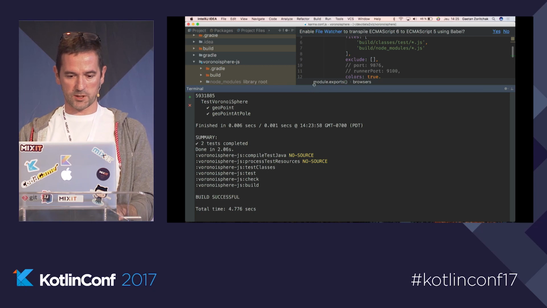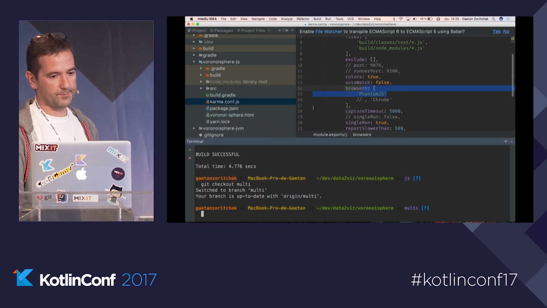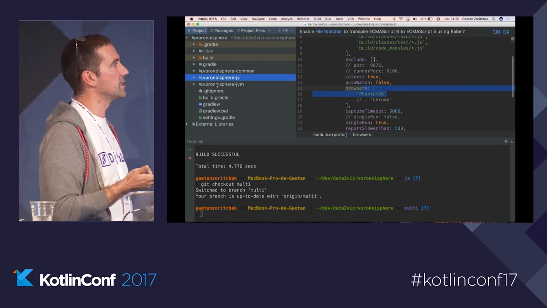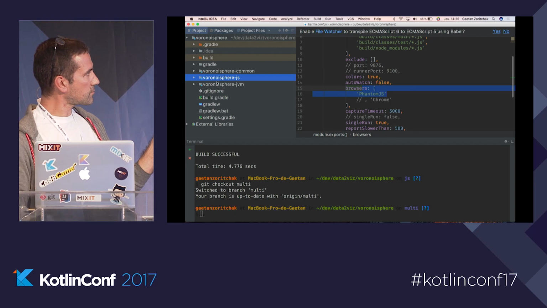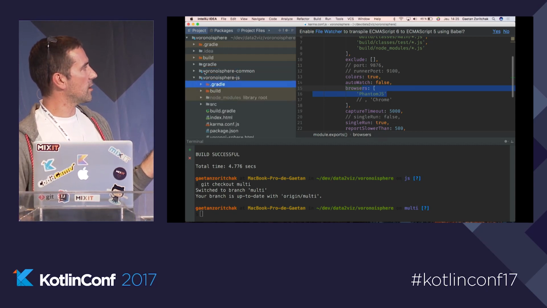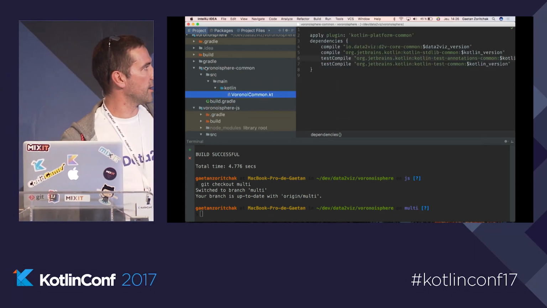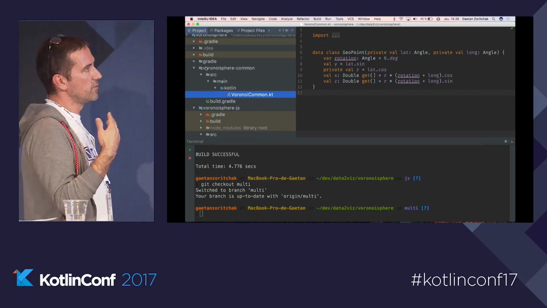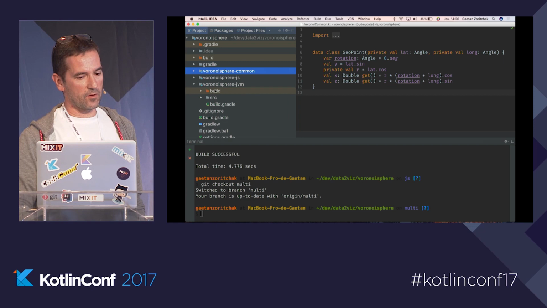I'm going to switch the branch. Okay, so now I changed. Now I have 3 modules. I still have my Voronoi Sphere JS module, but I also have a common module and a JVM module. So the idea is to move what I can in a common module. So here it's just an example. So I just move a data class. It's not really representative, but just to show you how it's working. So I just move this geo point in the common module,